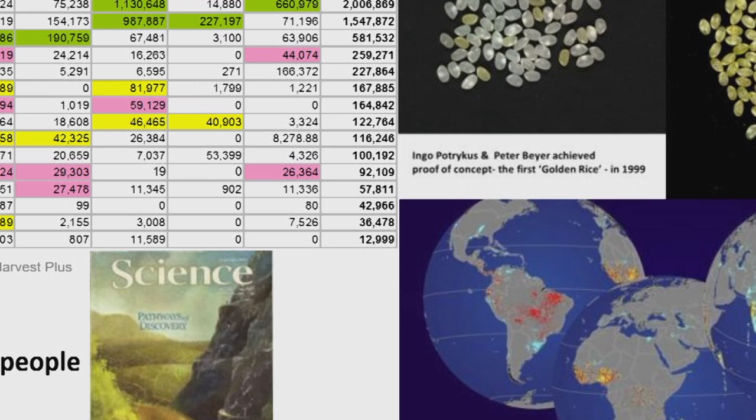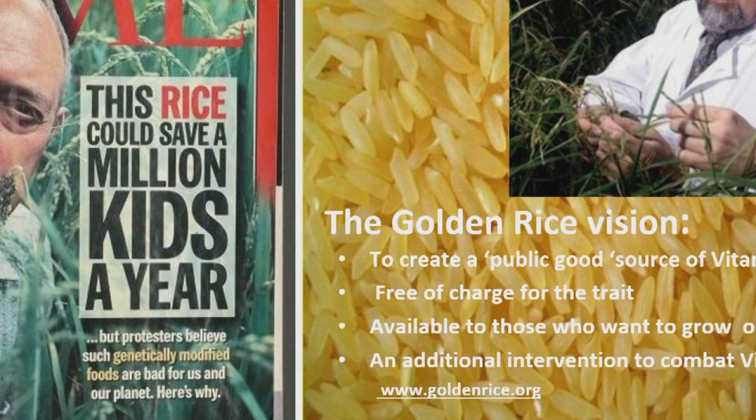And Peter Beyer and Ingo Potrykus produced their first prototype following about 10 years' effort in 1999, which was published in this issue of Science in the year 2000. Now, how come, with all respect to the orange sweet potato, and a project that started with Harvest Plus in 2003, this invention, which contains provitamin A and has the potential to feed half the world's population, has not even got to a farmer and not even been planted by real farmers now in 2016? And the reason, of course, is about